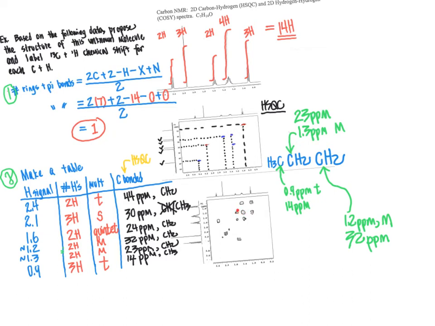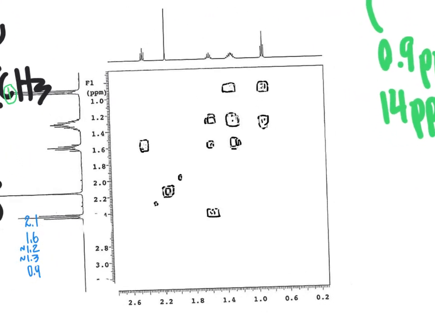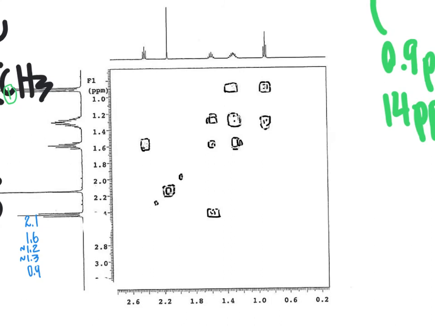The other signal further downfield here was a bit offset there. So now we look at the signal that is at 1.2 ppm, and we ask, what is it correlated to? Well, it was correlated back to the 1.3 signal, but is there anything else there that we need to be mindful about? So looking at the 1.2 ppm signal